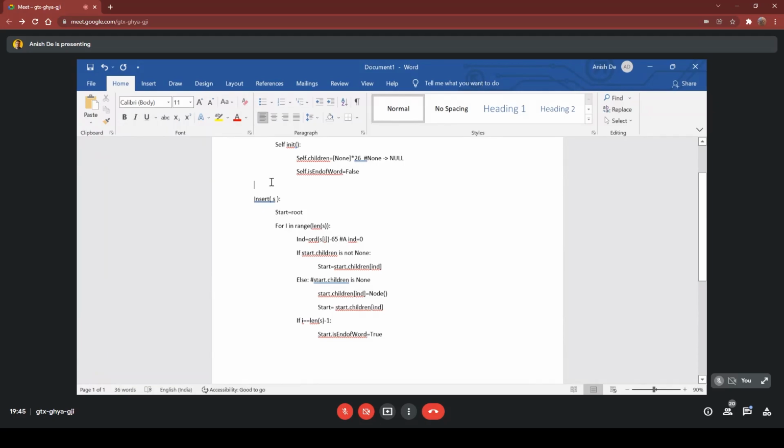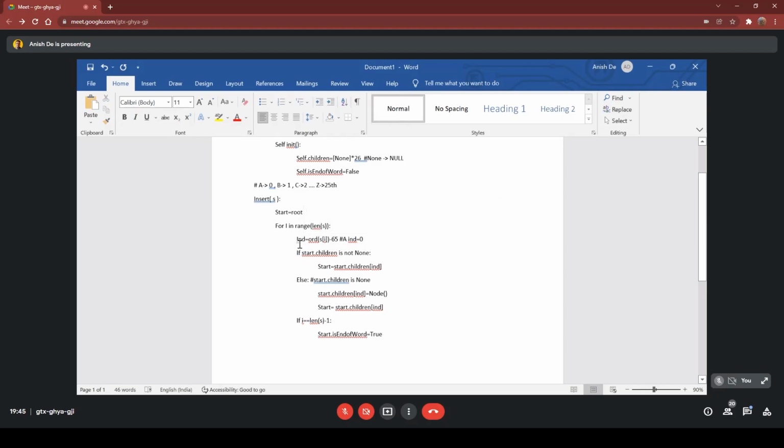For convention, if the character is a, it will be present in the 0th child. If it's b, it will be present in the first child. If it's c, in the second child, and so on. So z will be present in the 25th child. Okay. So we are finding the index which the ith character will be present in.